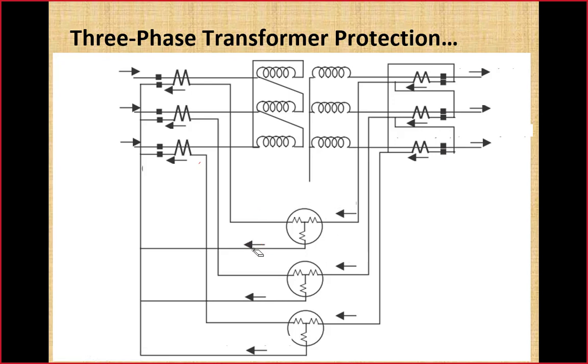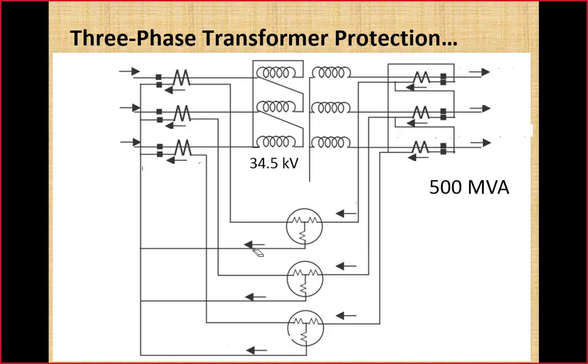Now let's solve this example after discussing this connection, because question may be asked in exam. Draw the CT connection on two sides of power transformer for a delta Y transformer. So you will have to draw this diagram properly. If you have drawn this diagram and forgot to mention the CT polarity markings, you will get absolutely no credit, because this diagram is meaningless without the polarity markings of CT. It is given that this power transformer, which we are going to protect with the help of percentage differential relay, is rated at 500 MVA.